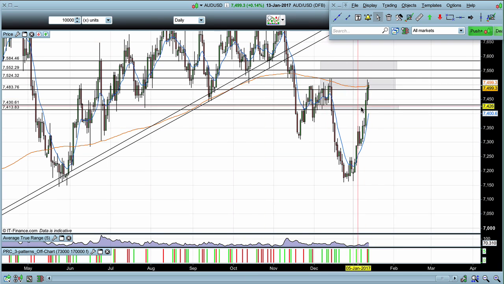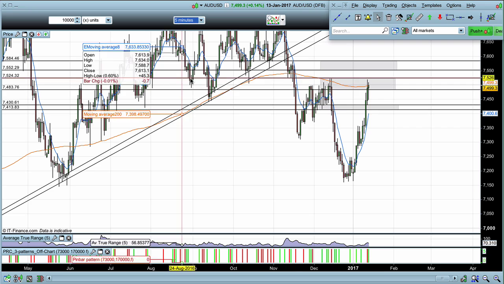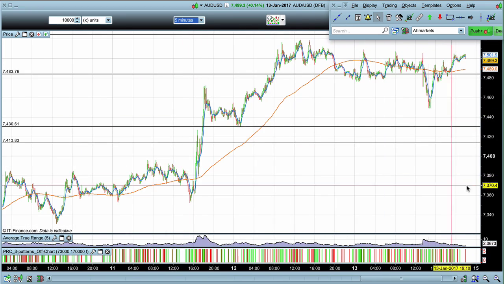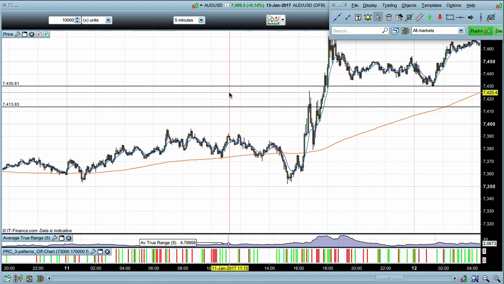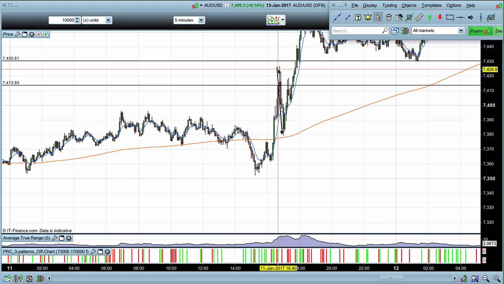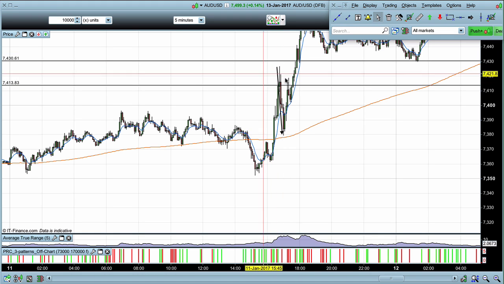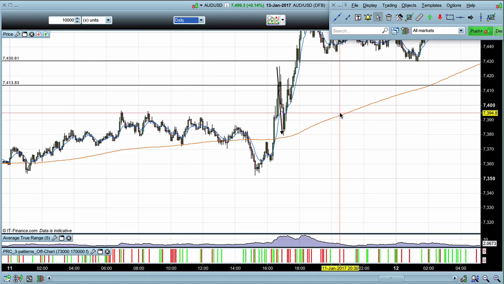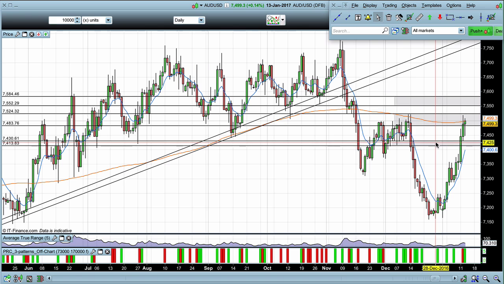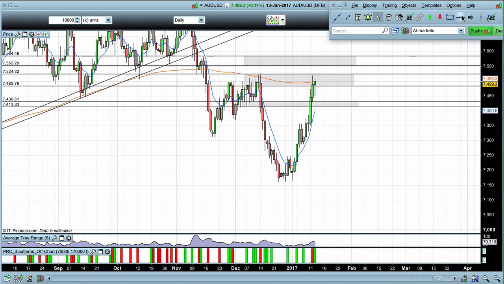In fact, I can drop down into the 5-minute time frame and show you this. Market smashed through this level last week. However, what did we see when the market reached the level? Nice, strong sell-off before the market broke through. It actually came in out of hours trading, so I wasn't at the computer, I didn't trade from this level, but it showed a very, very nice reaction. So we can look at that level now as potential support if the market begins to break down.